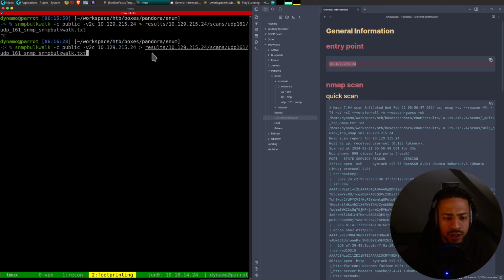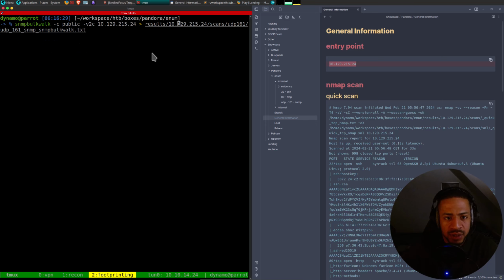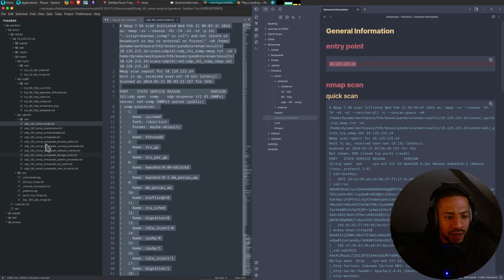And oh, actually, I forgot something. I believe you have to put a full stop behind the IP. Yes. Wow, how did I just remember that? But yes, you have to put a full stop behind the IP. I don't fully remember why that is, but I learned this as well in the academy. I'm surprised that I don't have this in my notes. But either way, I save the output all in the AutoRecon generated folder because it's just cleaner that way. I don't really like having residue files out here.